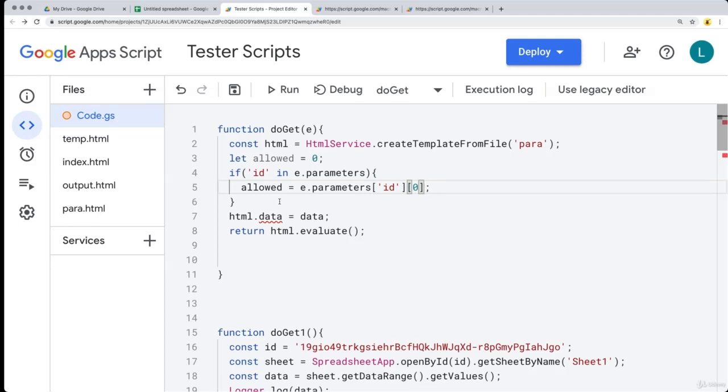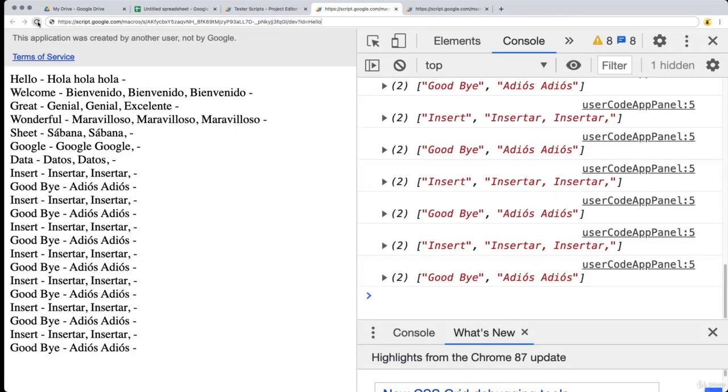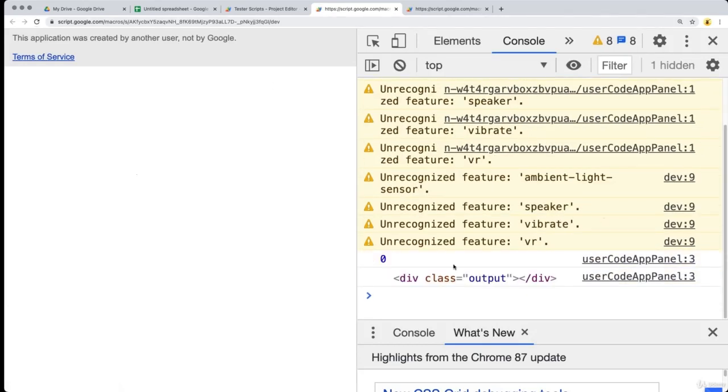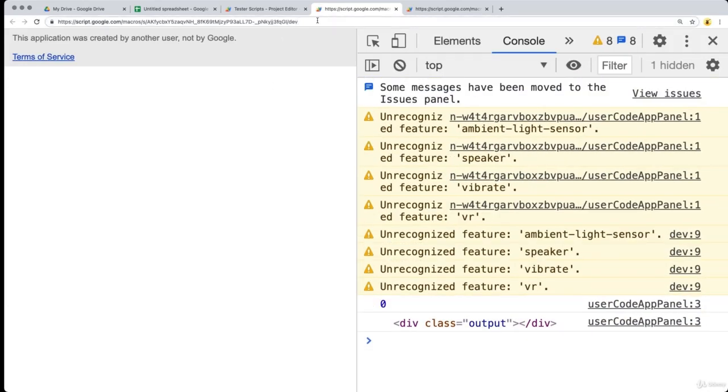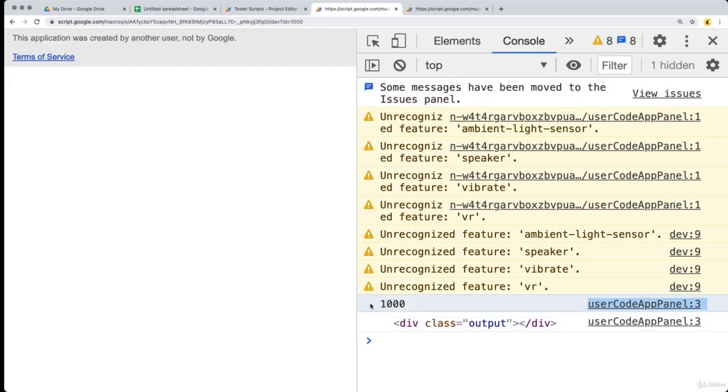So now that we've set the value within the parameters, we want to create the template file from the HTML file, and I'll keep it named as data. And then we'll output the content of data as allowed. So let's see what happens and check in the console if we can pick up that value. So there's nothing being passed, so the value of ID hasn't been passed. So let's say if we do have a value of ID of 1000, then we get the value of 1000